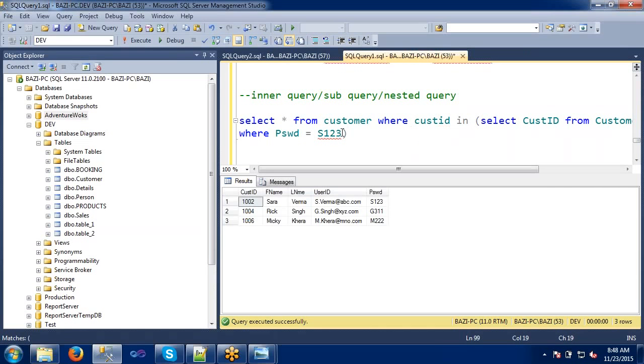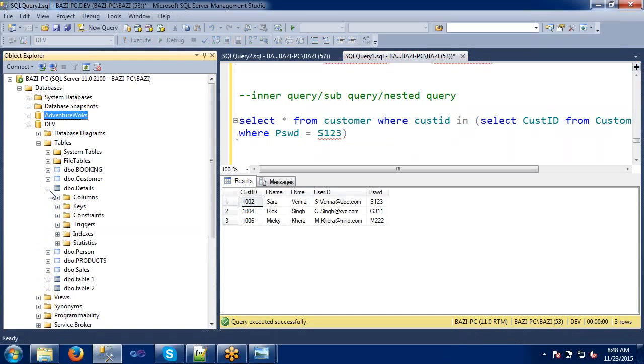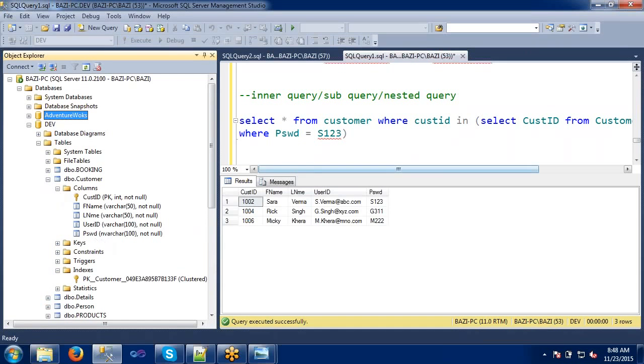Okay, so like this, let's check what the problems are here. The password is a varchar, so we will put it in quotes.